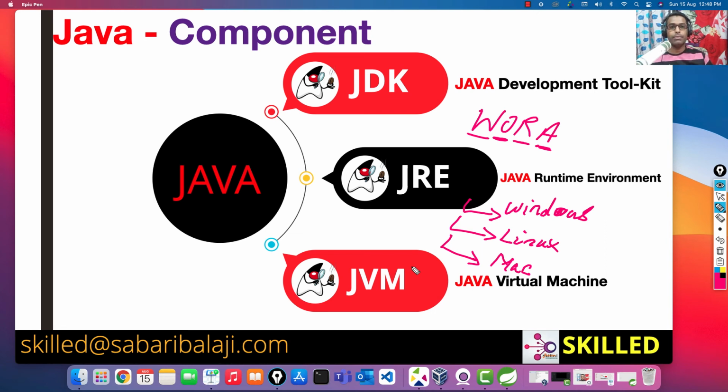So as a developer, I don't need to worry about whether to develop an application specifically for Windows or specifically for Linux. My focus will be entirely on developing the application, writing the business logic, and then seeing that the logic works fine. But I don't need to think from the perspective of the operating system. Rather, I think from the business logic perspective. So that's the power of Java. The main power of Java is platform independency.